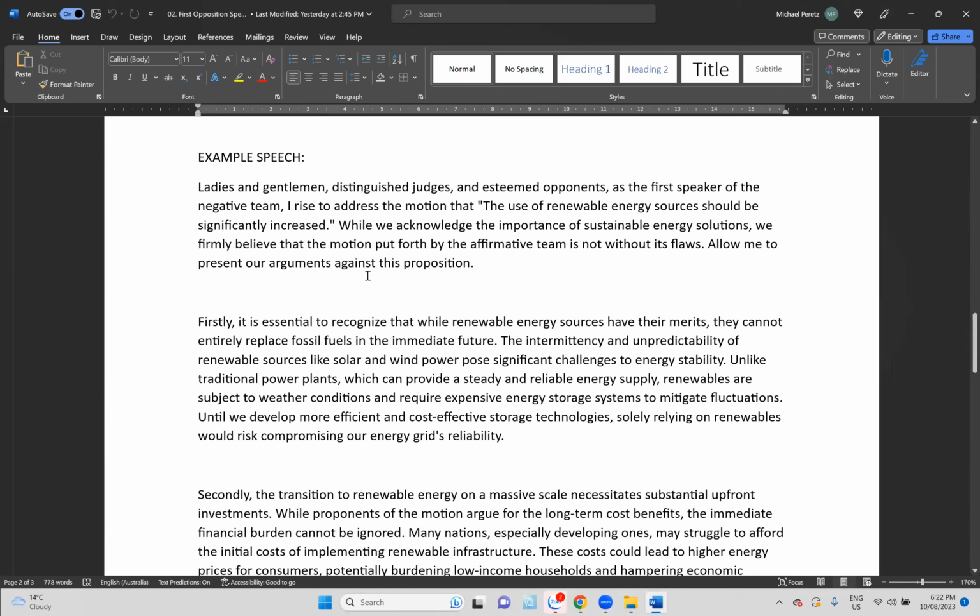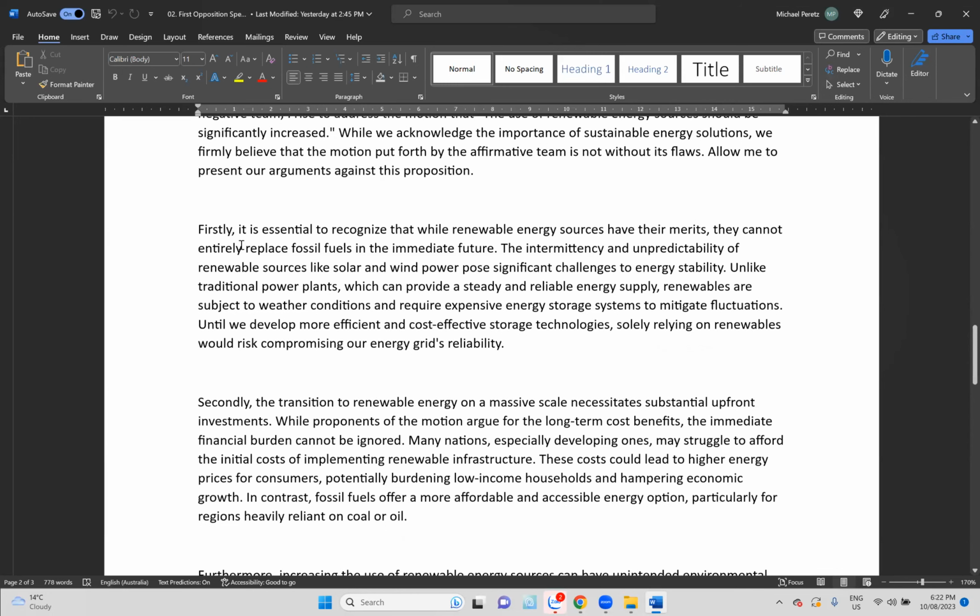So allow me to present our arguments against this proposition. So we have here now again being really obvious, telling everybody what we're about to do. So firstly, again, signposting, very obvious. It is essential to recognize that while renewable energy sources have their merits, they cannot entirely replace fossil fuels in the immediate future. So this is where we start to redefine the motion or redefine the topic of the debate,